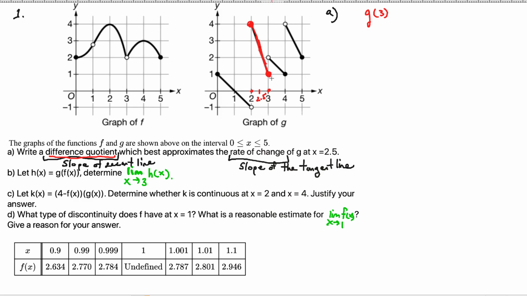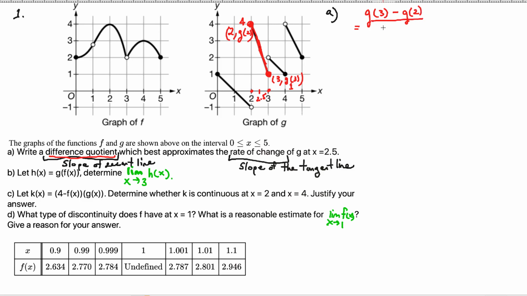and this point. This point right here is 3 comma G of 3, and then this point right here is 2 comma G of 2. And we know the y values because they're clearly written here. G of 2 is just 4, and G of 3 is just 1. So now computing the difference quotient, or the slope of the secant line, this line right here, G of 3 minus G of 2